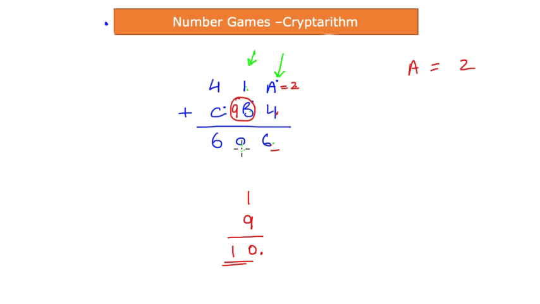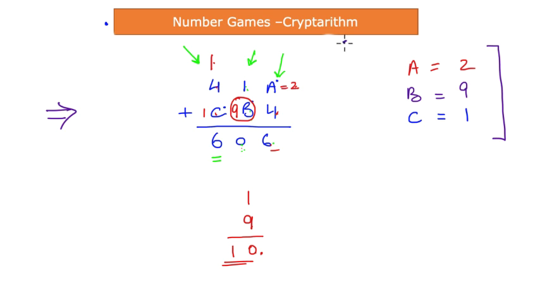When you do that, you get a 0 here, but this also has a 1 that needs to be carried forward to the next digit, right? So now you have 4 and 1 and C. Together, all of them should give you a 6 as a result. Now this one is rather simple because 4 and 1 is 5, and when you add 1 at the bottom, it gives you 6. That means my number C is equal to 1, and we had the number B, which was in the middle, that is equal to 9. So these are my three missing numbers, right?